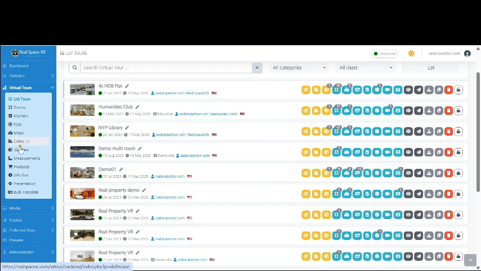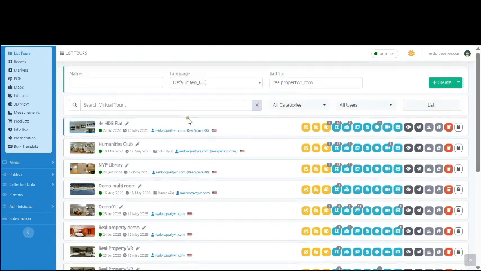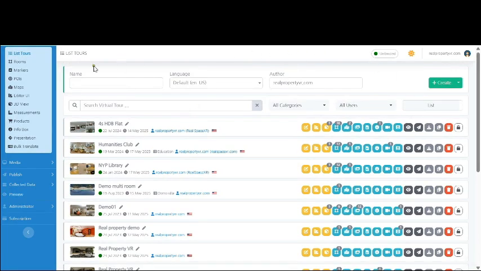There are so many more tools for you to use. You can even add a tour, add measurement, and edit the UI. So many. It's a very robust software. So you can actually